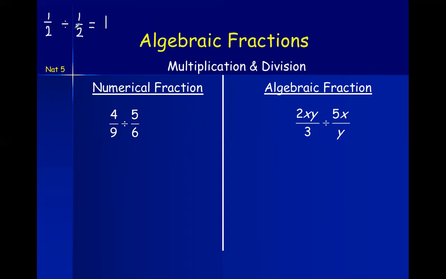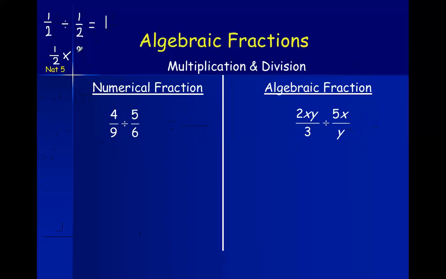So a half divided by a half is 1. It's true because any number divided by the same number is 1. So how do we get 1 when we've got a half divided by a half? If you change that divide to a multiply,